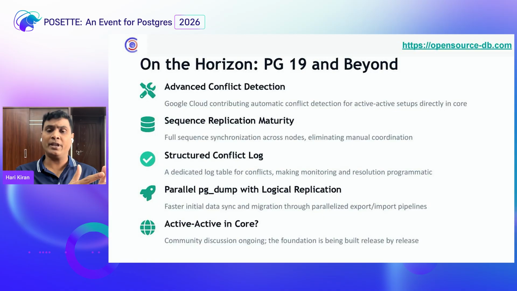Parallel pg_dump improvements combined with logical replication will make that initial data sync in large migrations really faster. And the big question, will active-active replication land in core? The honest answer for me is the community is building towards it incrementally. Each release adds another foundational piece. PG18 added conflict monitoring. Future releases may add more and more conflict resolution policies.